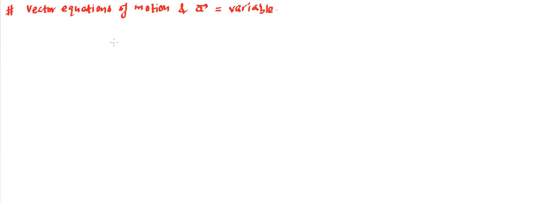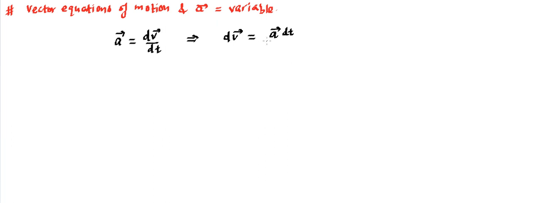That means we will be using the first definition, this a vector is equal to dv vector by dt. So this will be used to find out the relation between a, v and t. Since a is a variable, that means a is given to us. Generally in motion, a is given to us. So a is given to us, and we would like to find what the v is, that means velocity at any instant. So we need to write it as dv vector is equal to a vector dt, in the very similar fashion as we had in the derivations of those.